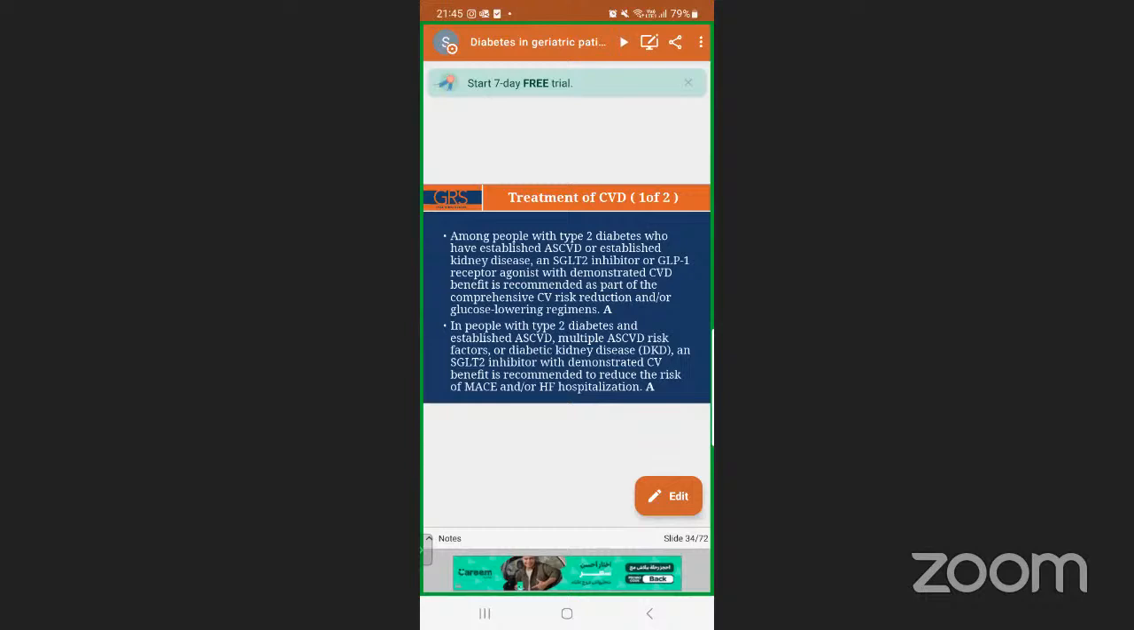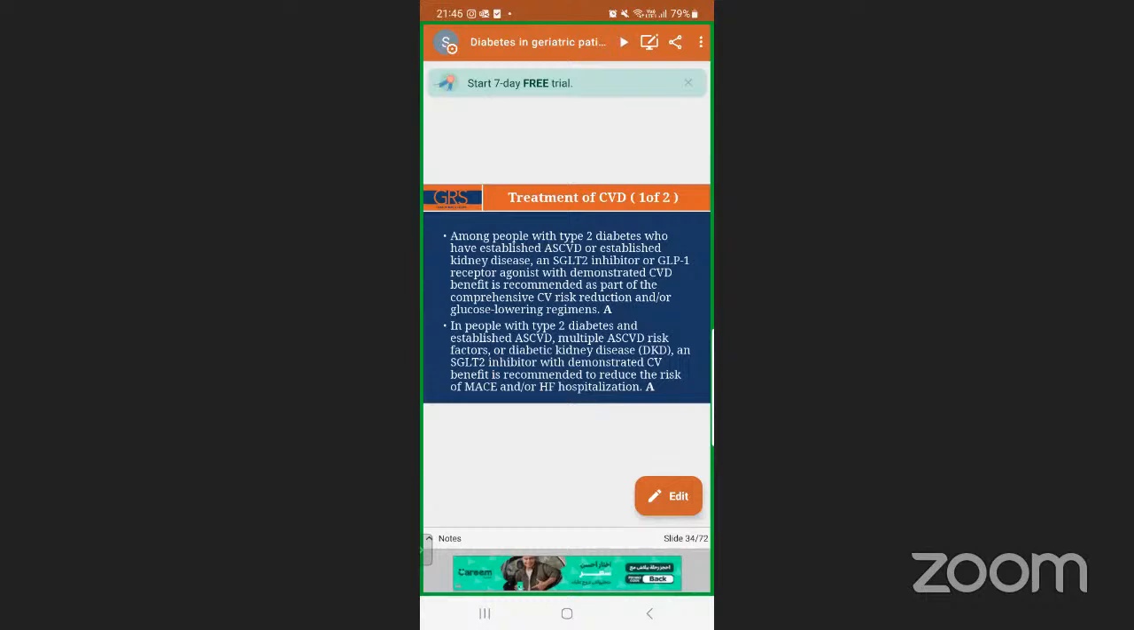Treatment of cardiovascular disease: people with type 2 diabetes who have established atherosclerotic cardiovascular disease or established kidney disease, SGLT2 inhibitors or GLP-1 receptor agonists demonstrate cardiovascular disease benefit and are recommended as part of the comprehensive cardiovascular risk reduction and glucose-lowering regimen. In people with type 2 diabetes and established atherosclerotic cardiovascular disease, multiple atherosclerotic cardiovascular risk factors or